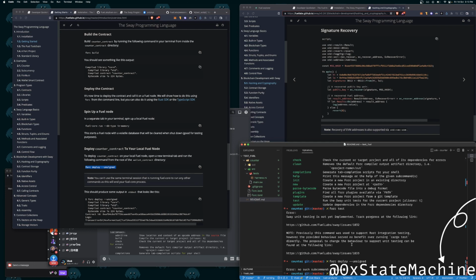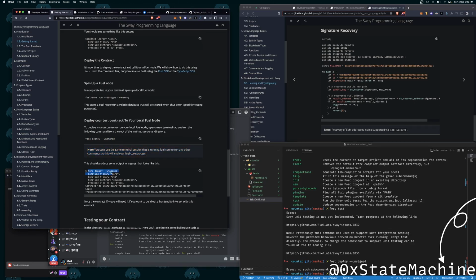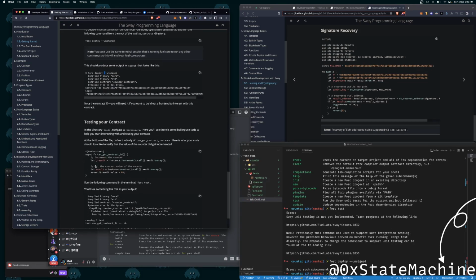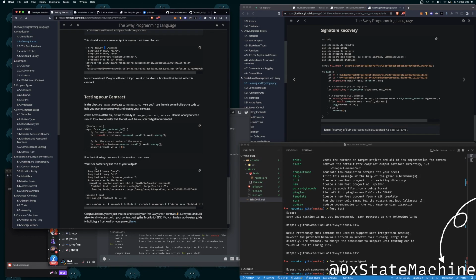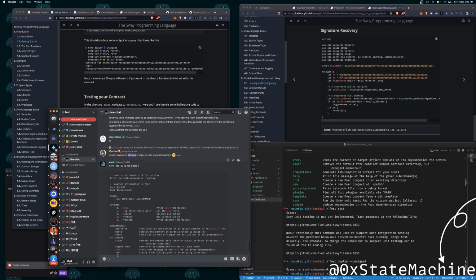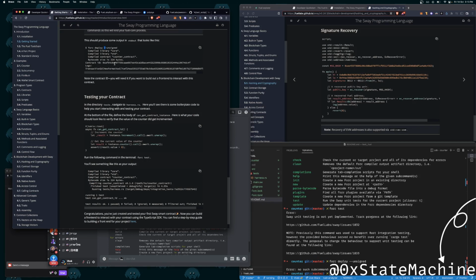Counter contract. You can't use the same terminal session that is running fuel core to run any other command. Whatever, I can't access the deploy. Hmm.